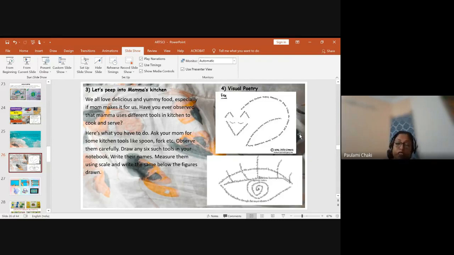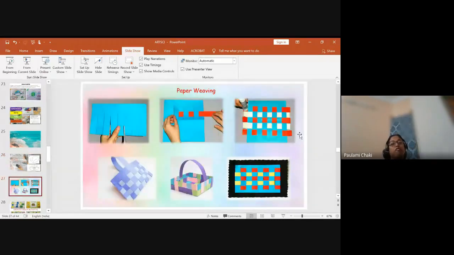Okay, so these are the things which we can always think of doing, something new and something innovative, which our children will also love. And then when I was teaching fiber to fabric in grade 6 and 7, there we have taught them how to do paper weaving. So in grade 6, we asked them to make table mats. When they made those table mats, we asked them to laminate, and those laminated table mats, we asked them to present to their parents during different occasions.